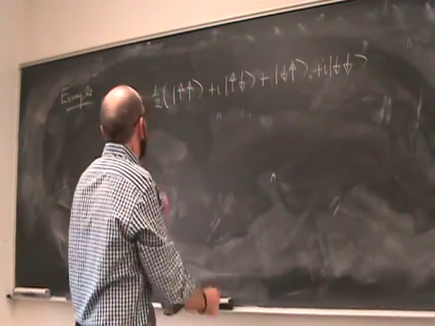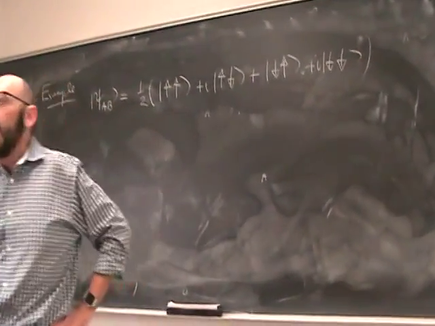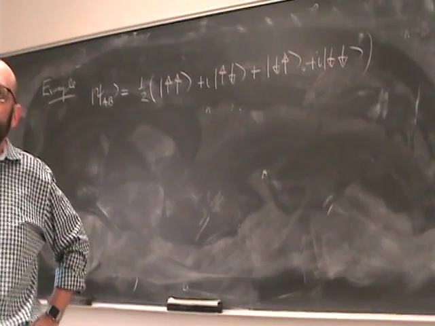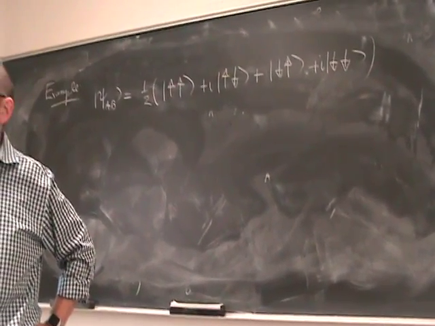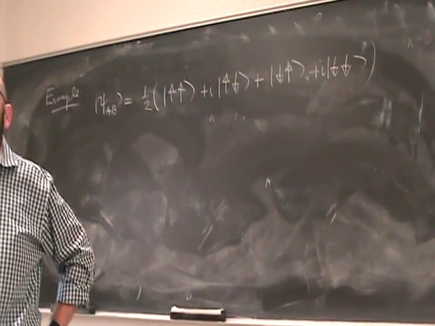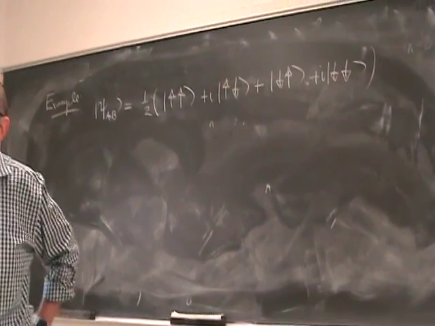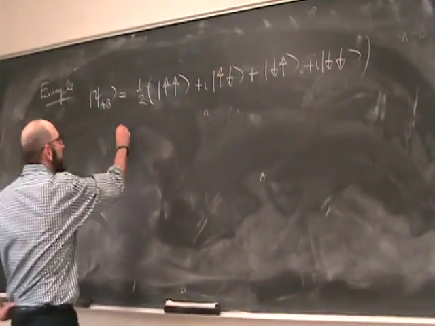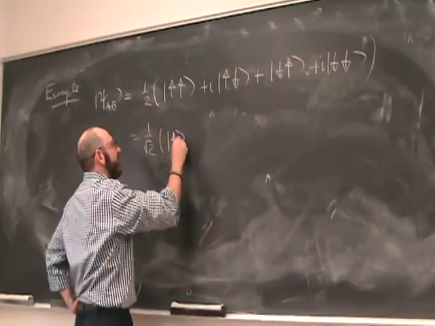Let's consider that state. Is this state entangled? Sure looks like it, right? But in fact, it's not. This state is equal to 1 over root 2